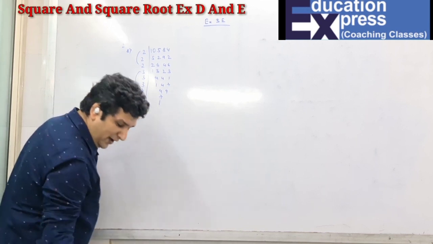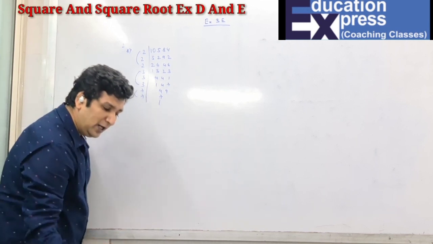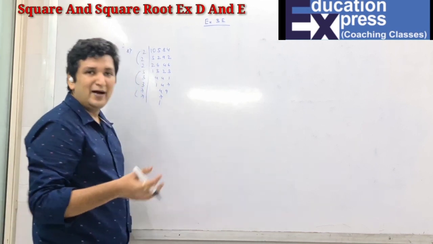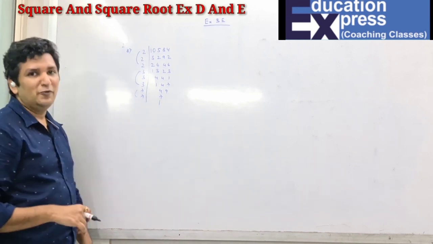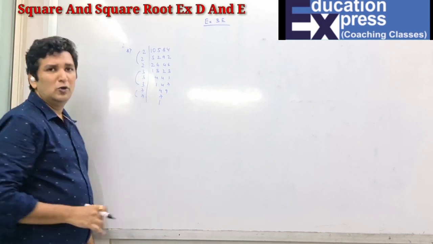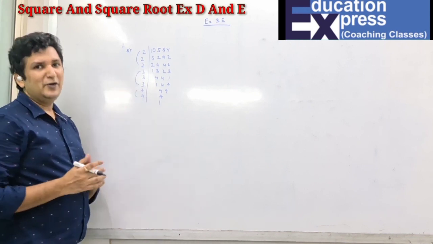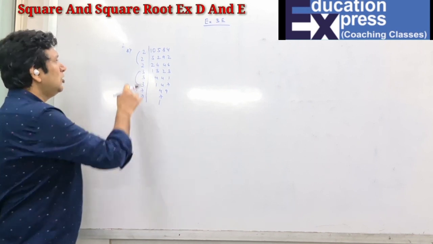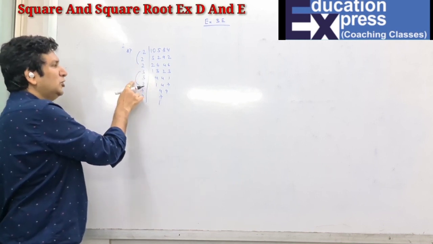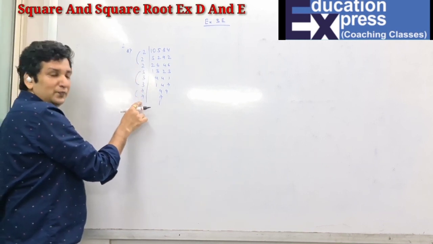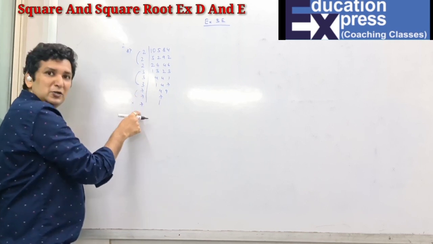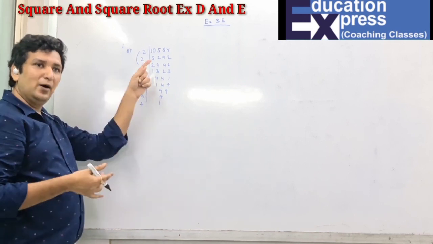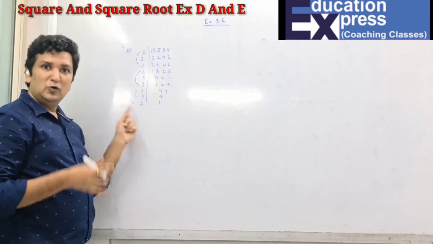Now, similarly, question 3, question 4, and question 5. We know that they are not perfect cubes, and accordingly, they have asked us what you will multiply or what you will divide to get them to a perfect cube. Similarly, students, if I ask you only over here, if I want to make a perfect cube, what should I multiply? So you will say, sir, already have a group of 3 over here, a group of 3 over here. Here we have only 2. So if I multiply one more 7, I will get a group of 3 over here also. That means the number to multiply for this number will be 7 to get a perfect cube.